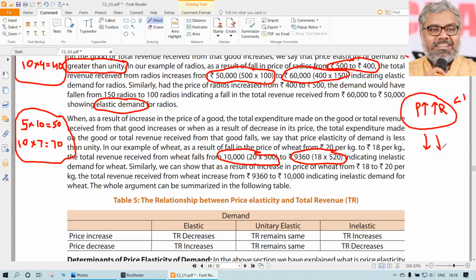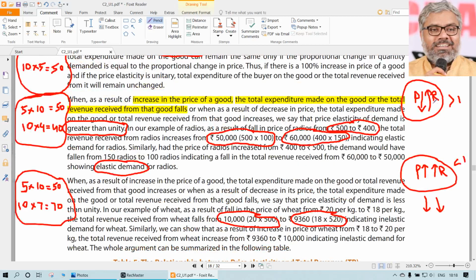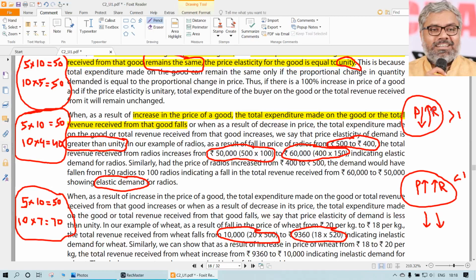When price increases, revenue also increases. If these two are directly related with each other, then we can say that the product is relatively inelastic. On the other side, if the price decreases, revenue increases, or vice versa, price increases, revenue decreases, then these two are inversely related, and we can say that the product is relatively elastic.